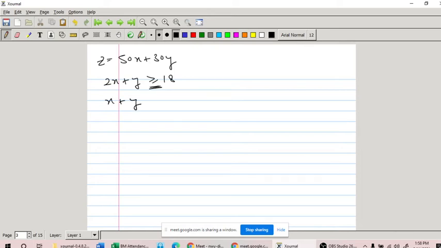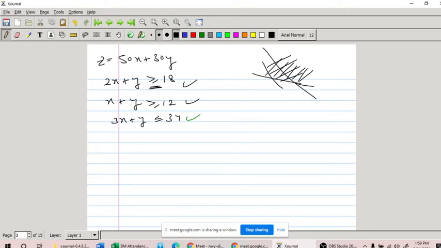X plus y is greater than 12, 3x plus y less than 34. Now this says that you have 2 as greater than equal to function and 1 as less than equal to function. So logically you will see that some solutions will be beyond these lines as the constraint is greater than equal to, but there is one line which says less than equal to. So when this line will be higher than these two lines, only then you will get some solution.